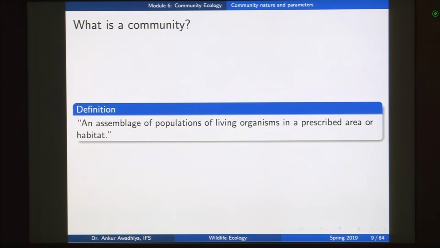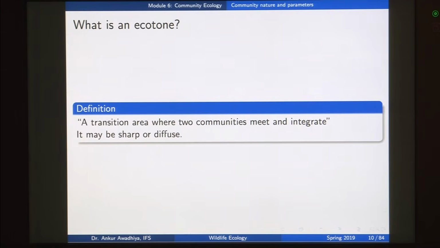If you have certain species that are living in say Kanpur, and there are certain species that are living in say Coimbatore, these two will not form a single community. But if you have different species that are living together in say Kanha Tiger Reserve, we will say that it will form a community. And when you have two different communities, the border between both of these communities is known as an ecotone. So, it is a transition area where two communities meet and integrate, and it may be sharp or it may be diffused. So, essentially what we are saying is,